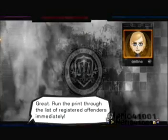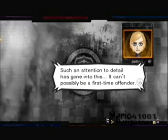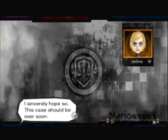Great. Run the print through the list of registered offenders immediately. Leave it to me. Such an attention to detail has gone into this. It can't possibly be a first-time offender. There has to be a match for this fingerprint in our records. I sincerely hope so. This...